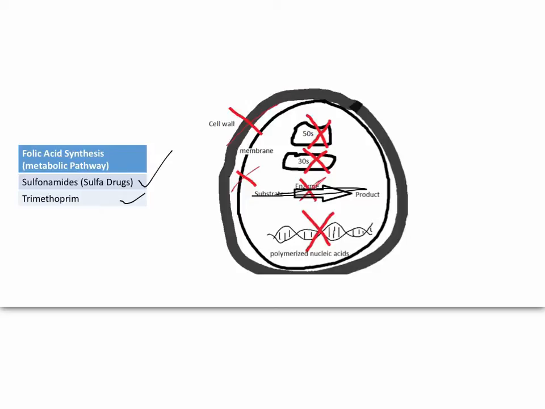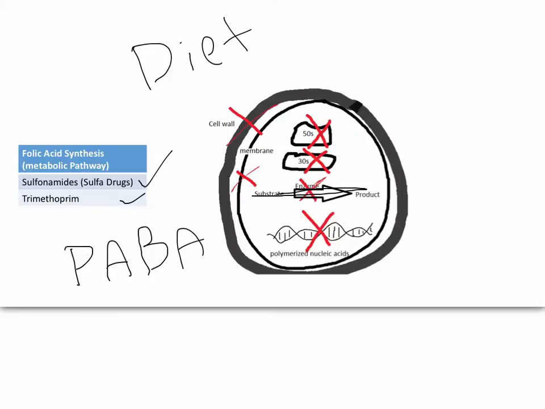Folic acid. I know you've heard of it. I know you know it's good for you, right? Everyone has to take some folic acid. Really good for mothers to take before they get pregnant. All these good things about folic acid. So how is it that we can inhibit folic acid in bacteria and not really mess with humans? The answer to that is we get all of our folic acid from our diet, while bacteria make all of their folic acid from a substrate called PABA,